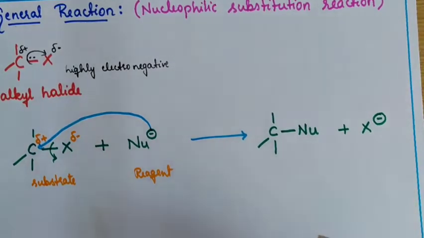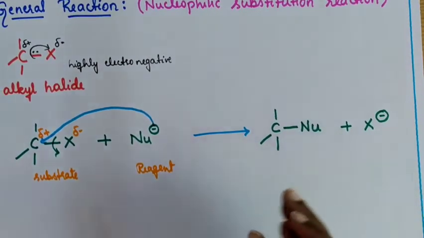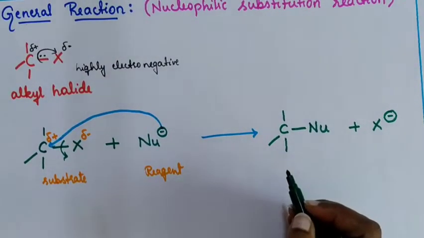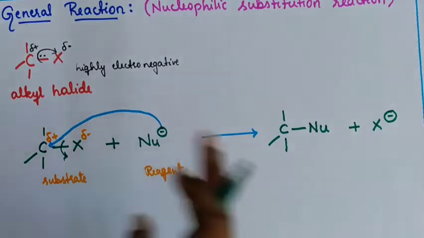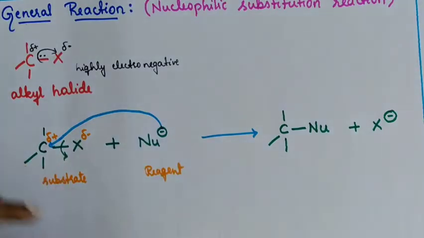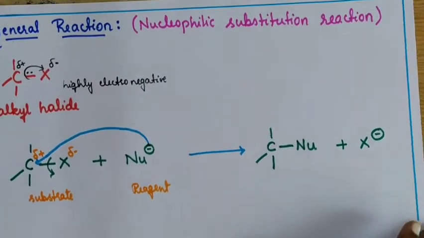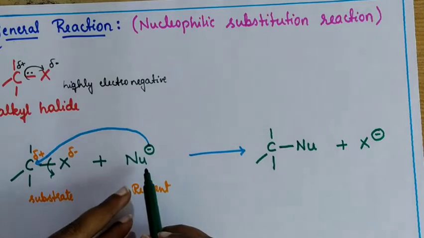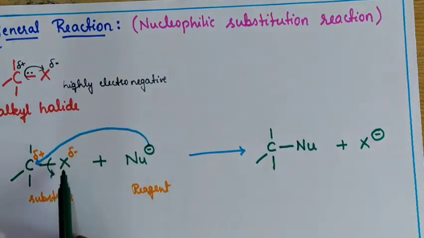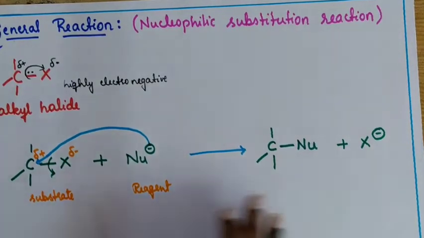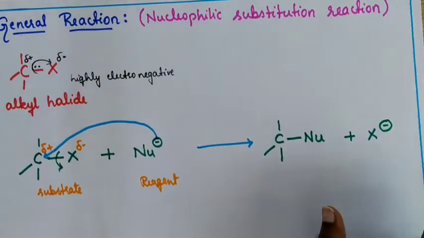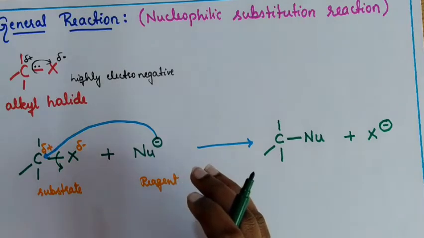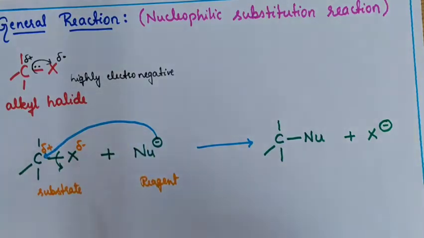This is how the nucleophilic substitution reaction takes place. Why is the name nucleophilic? Because the reaction was initiated by the nucleophile. The nucleophile attacked the alkyl halide, so the reaction takes place. That is why it is a nucleophilic substitution reaction. Why substitution? Because the nucleophile substituted the halogen atom present in the alkyl halide. That is why it is a nucleophilic substitution reaction. You can consider any nucleophile with any haloalkane to write the reaction like this.